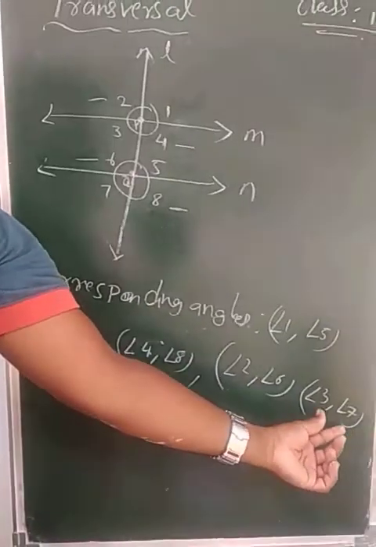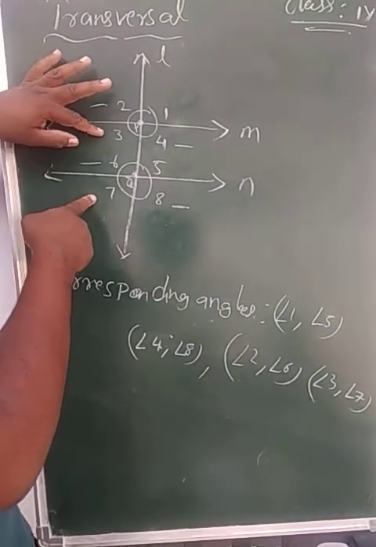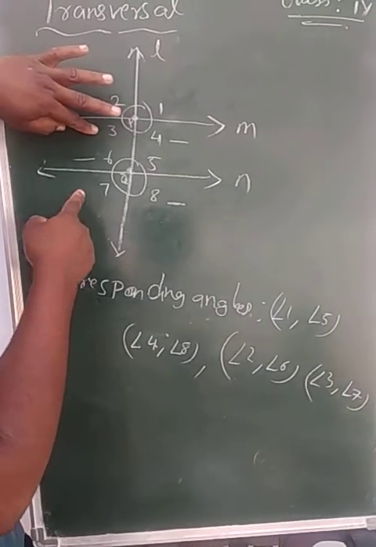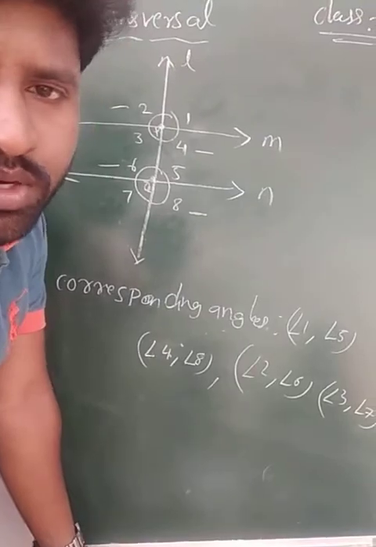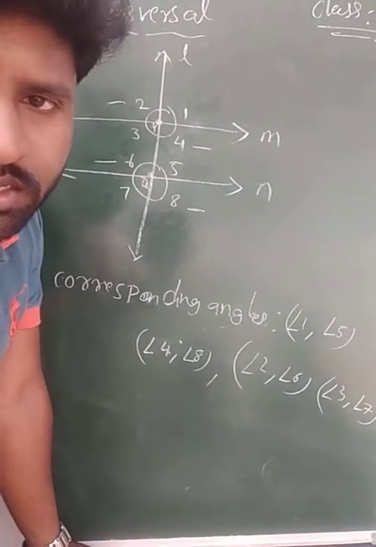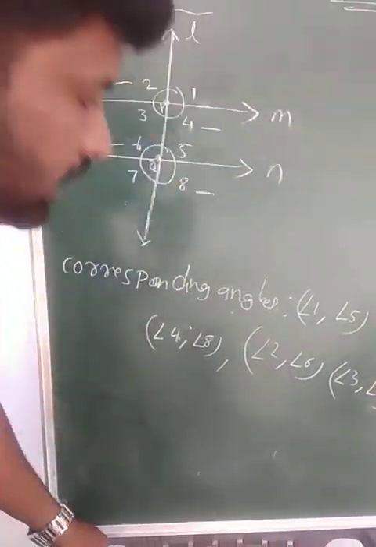So these are corresponding angles. So we have a statement that each pair of corresponding angles are equal. Is it clear? Now